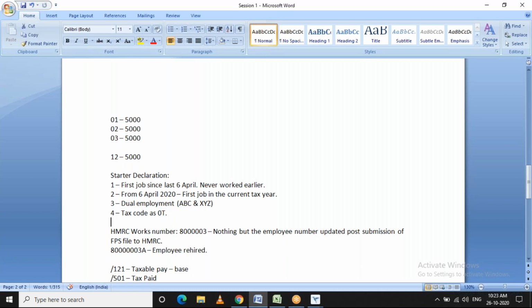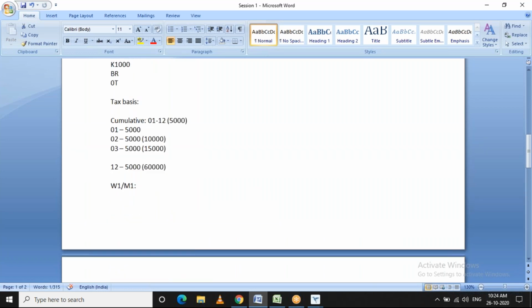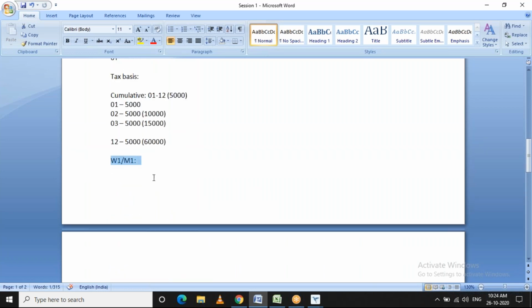If you are using the tax code as 0T, then by default your tax basis will be week 1, month 1. The first payroll period will be calculated on the tax code 0T and the tax basis week 1, month 1.